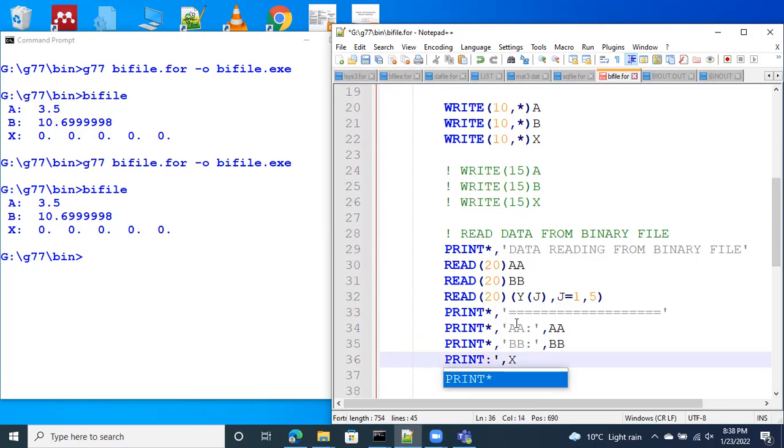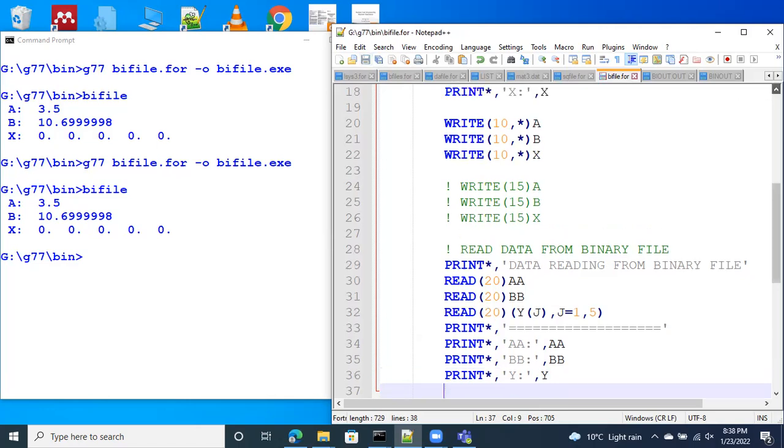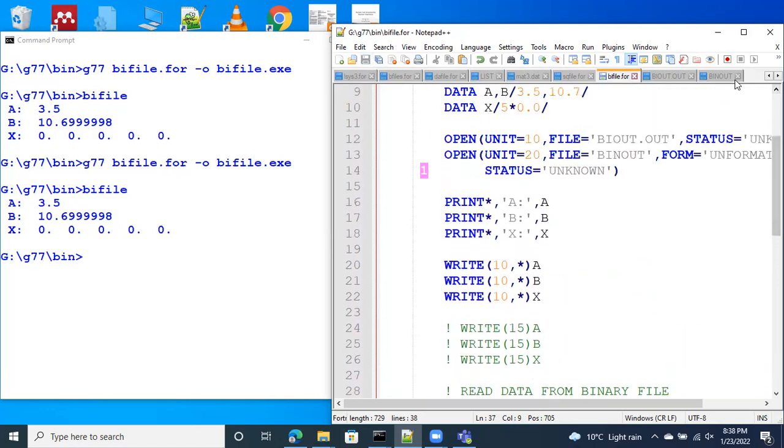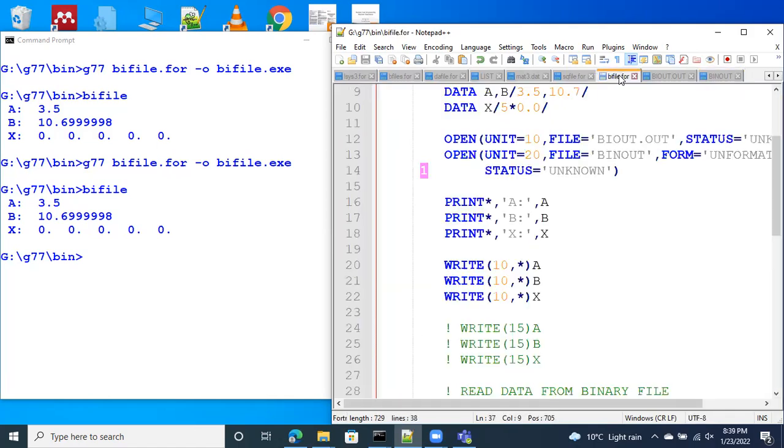Print asterisk, Y equal to Y. Okay. So reading data from binary file, the data in the bin out is now being read by the program,